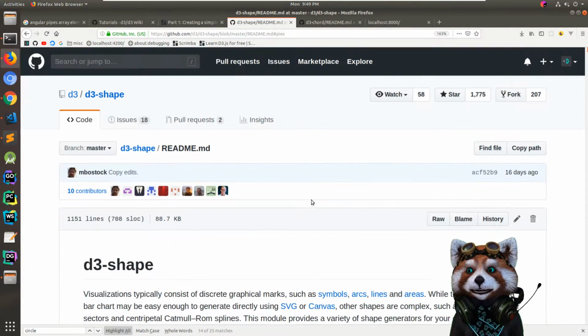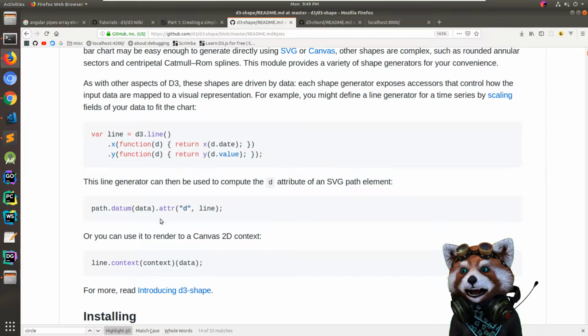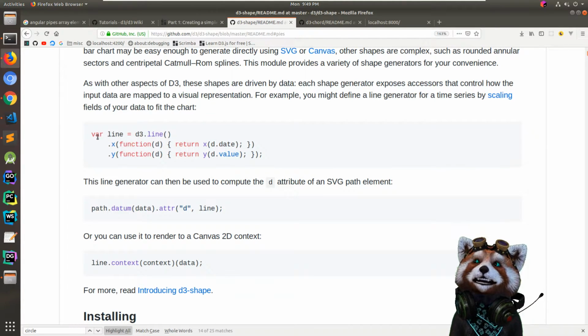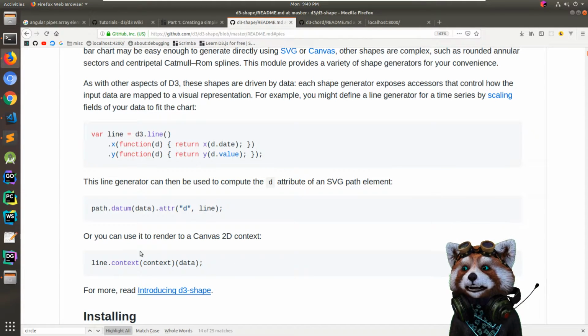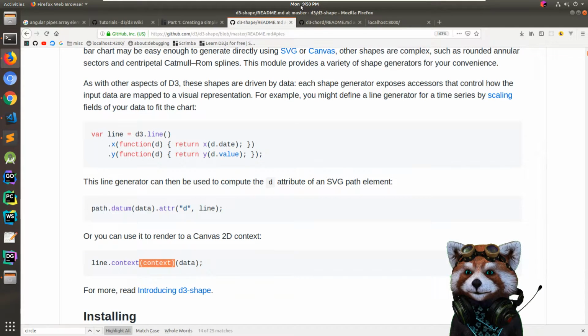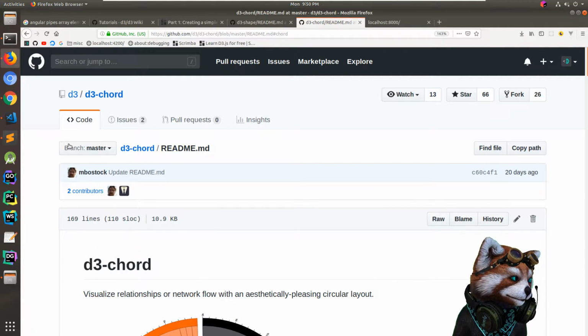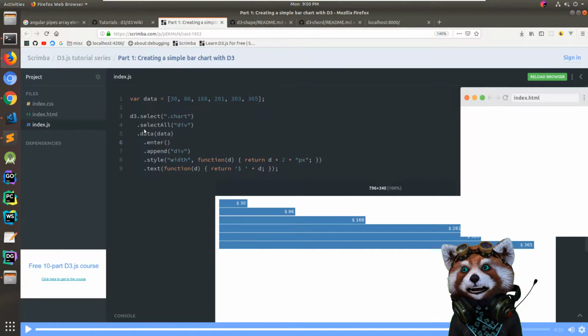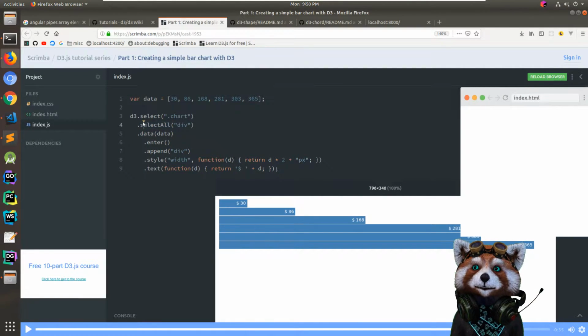So these examples are all so incomplete. They're like, hey, here's how to make a line, but we're not going to tell you, like, okay, or you can use it to render on a 2D canvas. D3 core, okay. So